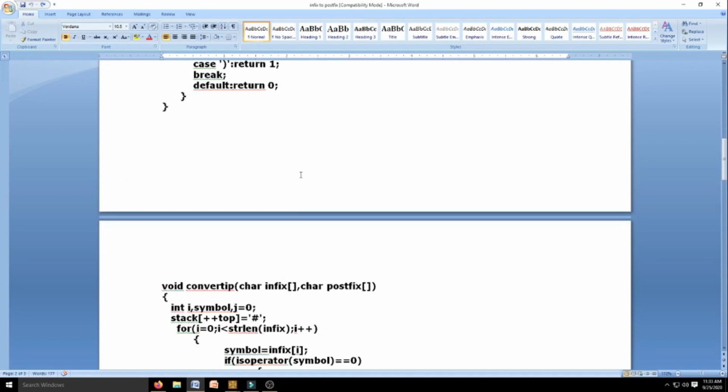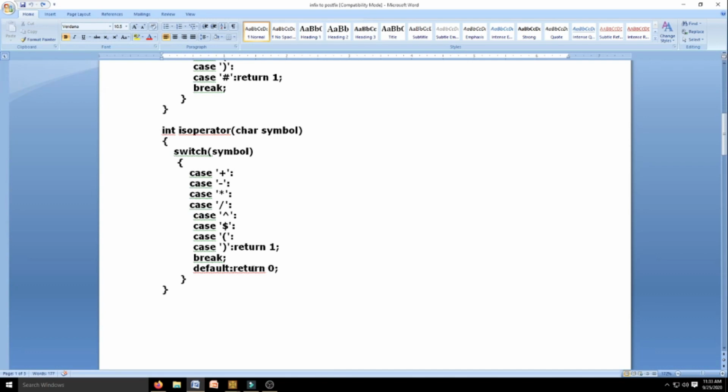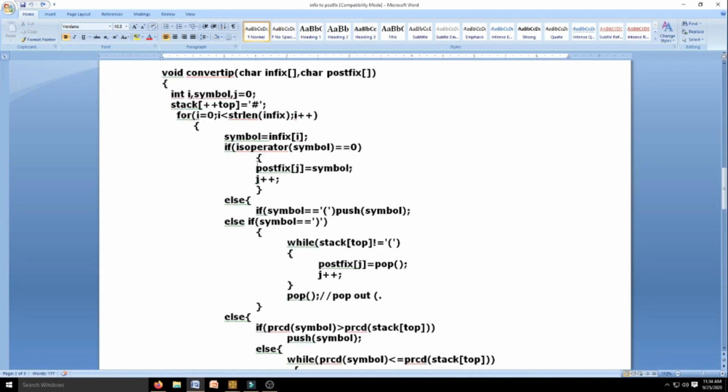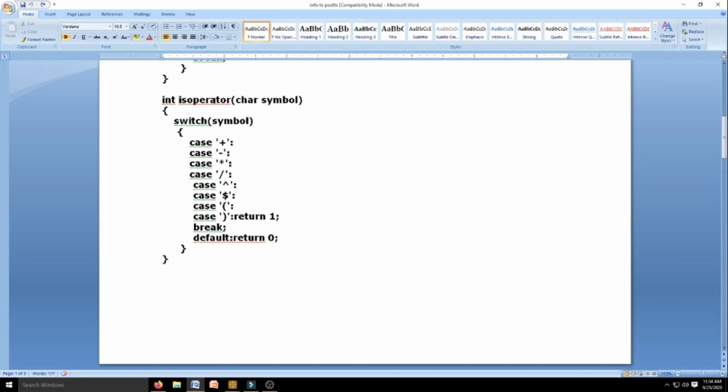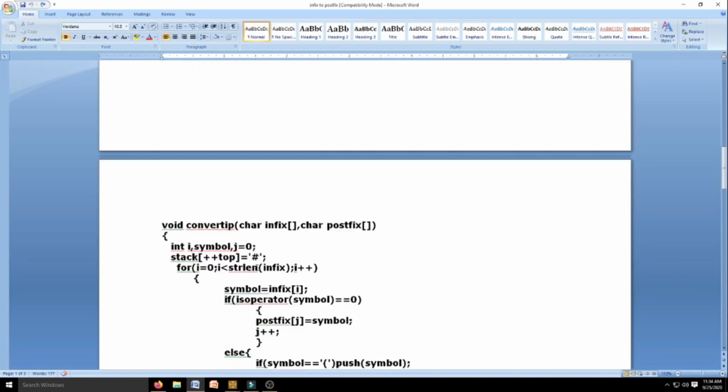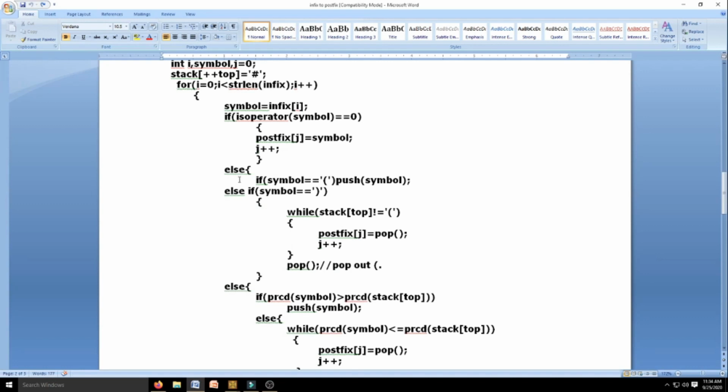If the return value is 0, it means it is an operand. If it is an operand, as I told you that day, simply transfer this symbol into postfix. If the operand has arrived, transfer it to output, then increment this j. If it is an operator, how do you know? When you call a function called isOperator, it returns 1. So if it is returning 1, now you can see from this,